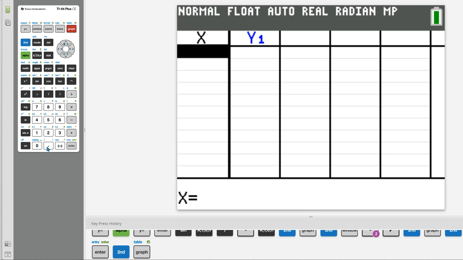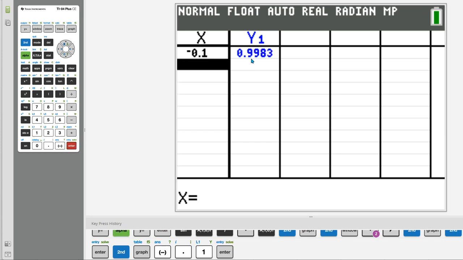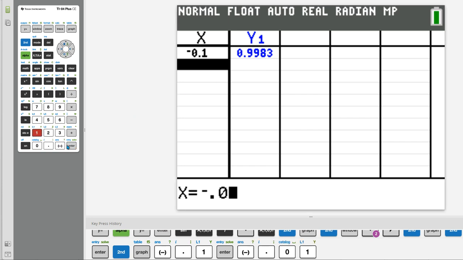So the first number on your input table there is negative 0.1. So I'm going to type that in, and then I'm going to hit enter, and it will give you your y value. So go ahead and fill that in. And then you can type in the next one, negative 0.01,